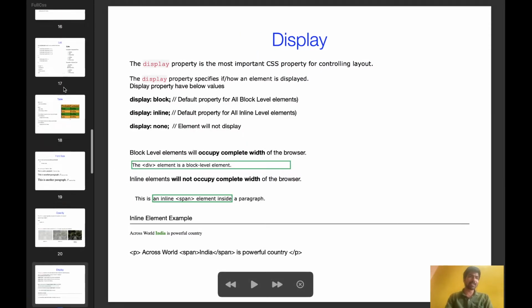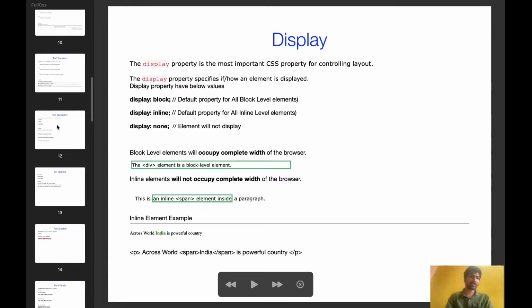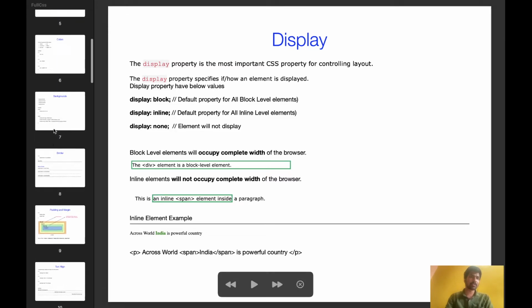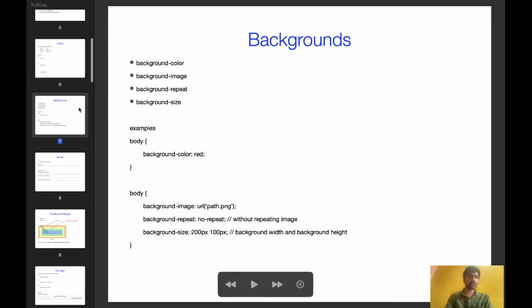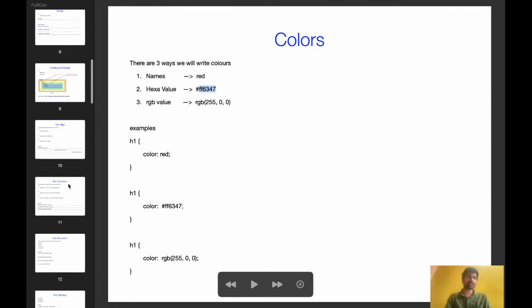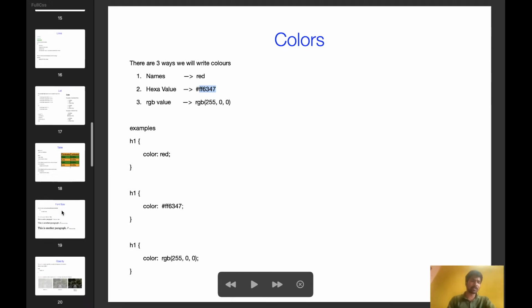Hexacolor I already explained here actually. If you see here, this is the hexacolor. After the hash, you need to give 6 characters. That is called hexacode. If you search in Google red color with hexacode, you will get this code. Like that only you will get other things also. So that's it about comments.